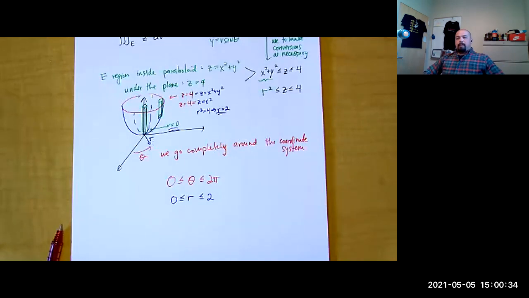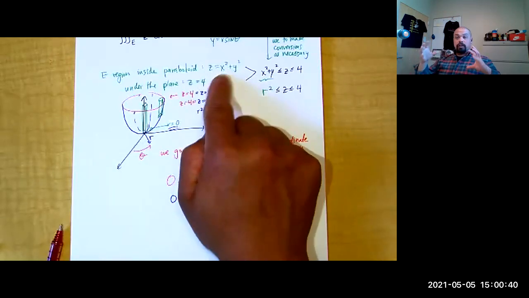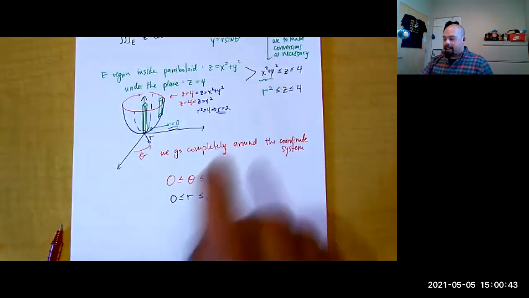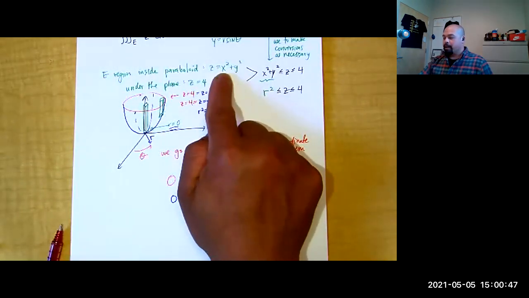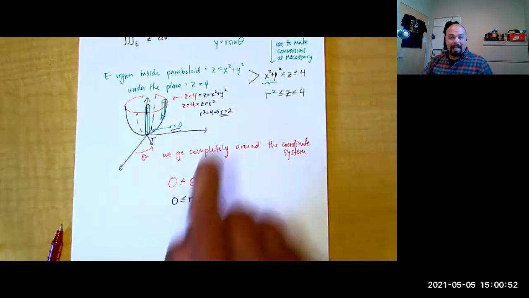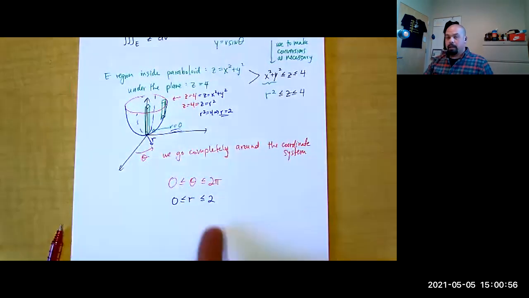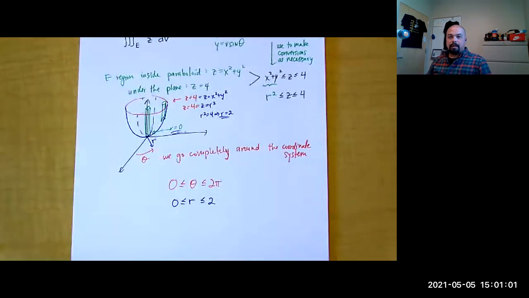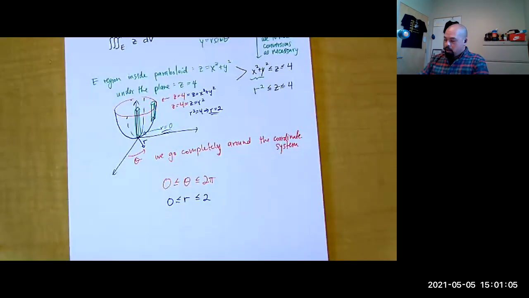Now that radius piece might be a little bit different from what I thought going before, but again, equating, where are these two surfaces going to meet? x squared plus y squared equals 4, right? Or x squared plus y squared, which is r squared, equaling 4, r must be 2. So we go from 0 being that inner point all the way out to r being 2. Take some time to look that through, consider that in that space,